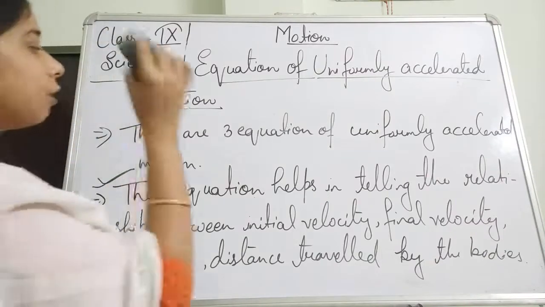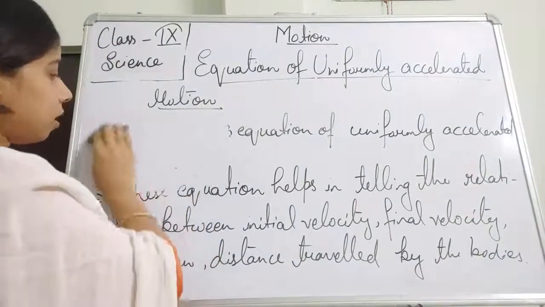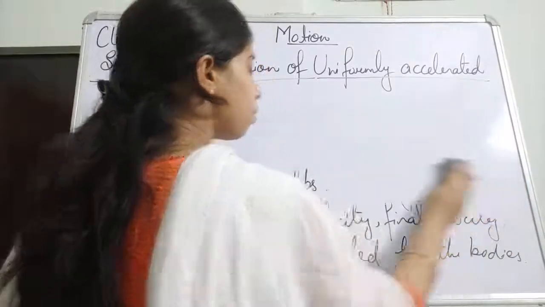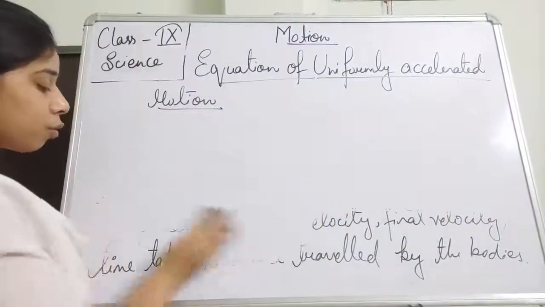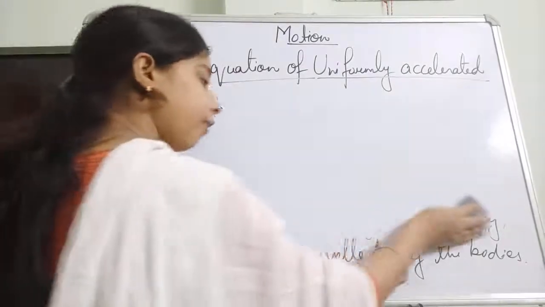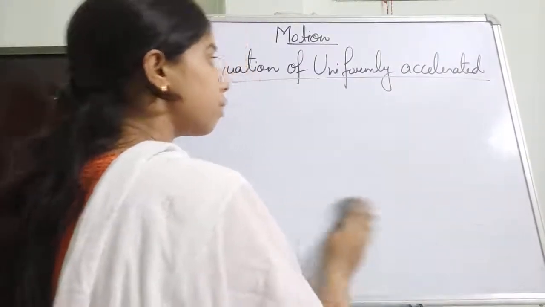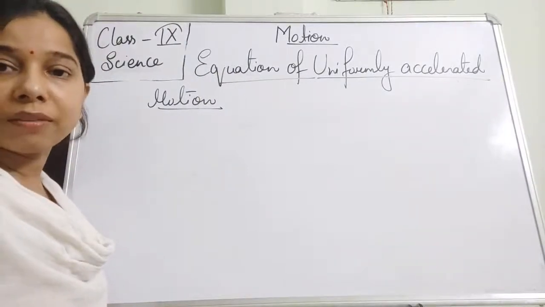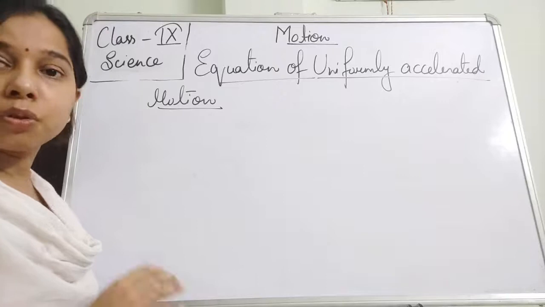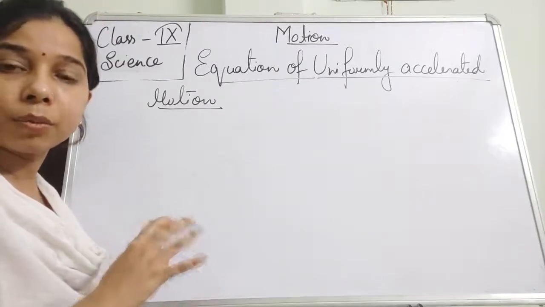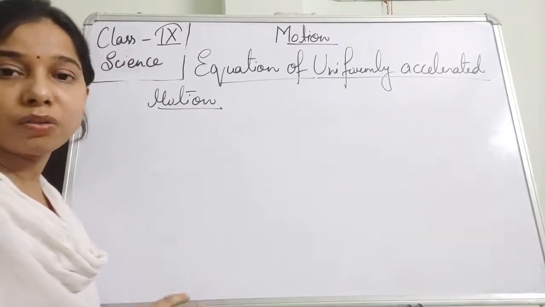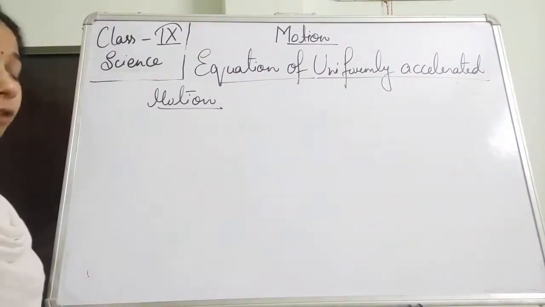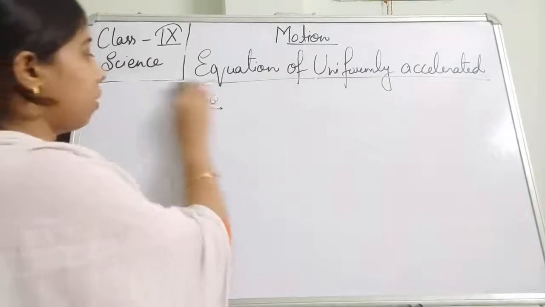So we will start with the first equation of motion. Then we will see the second and then the third. It is quite important to know all the three equations of motion, students. We will derive the equations of motion. It is also really important to know the derivation because questions related to the derivations will come. So you should know the derivation to find all the three equations of motion. Okay, so let us start with the first equation of motion, students.